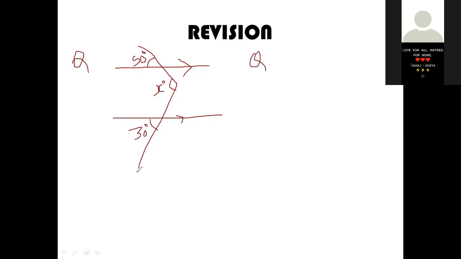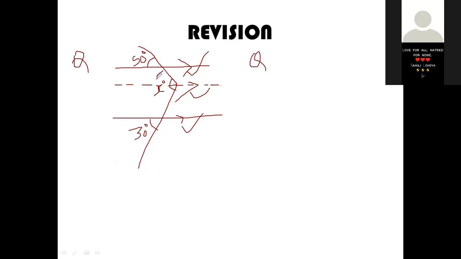Yes, we have to construct here one parallel line, right? Through this point, we have to construct one parallel line like this. This construction is needed here. This line must be parallel to this line and this line. These three lines are parallel here. That we have to show here in the construction at the top. Then we can find out this angle.